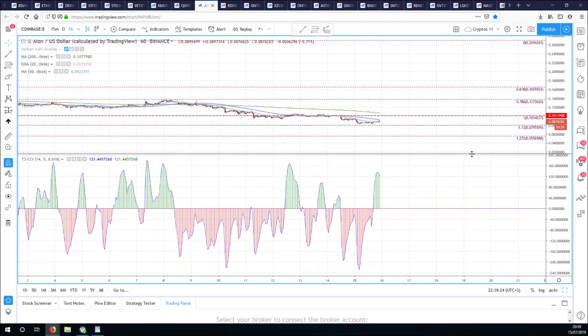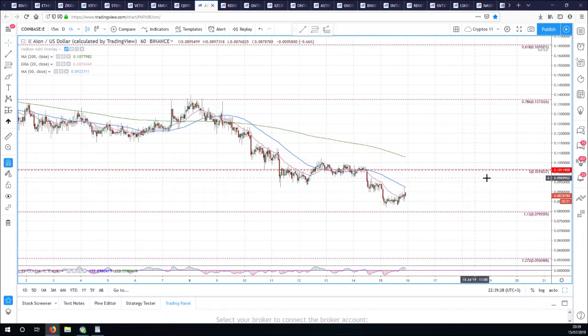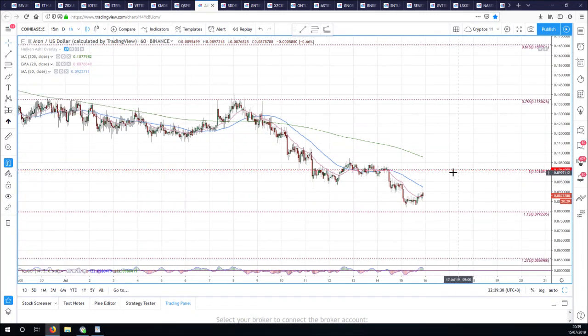Now, so we are bouncing, but only back above this 0.1014 level would be bullish. That's where I would expect to find resistance. And so not ready to buy this one yet. And Aion